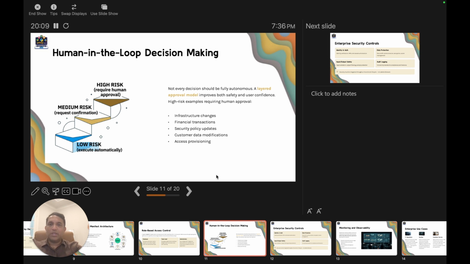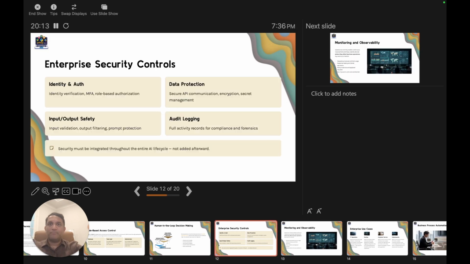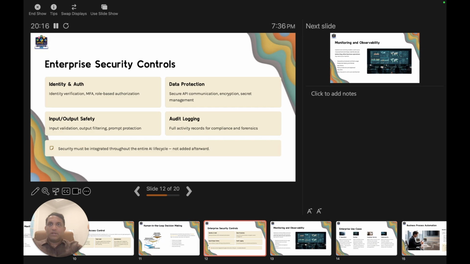We'll see how security and observability are designed. Let's talk about the security controls that wrap all of this. Think about it as four buckets, which you are seeing on the screen. Identity and authentication, verifying who the agent and the user are. Multi-factor where it matters, and role-based authorization like RBAC policies along with that.